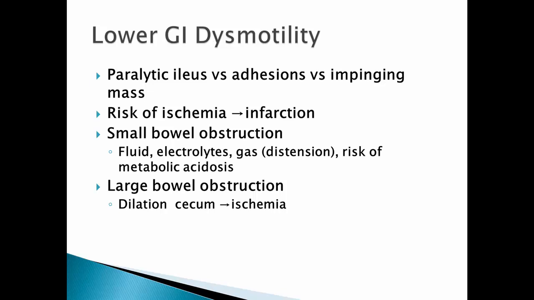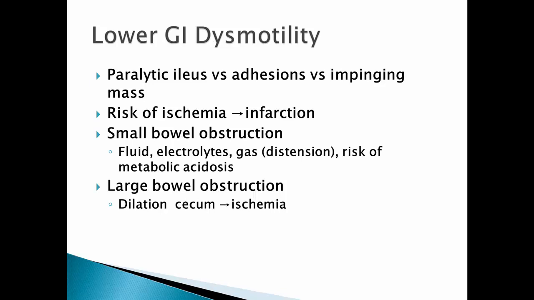Adhesions are probably the most common cause of decreased GI motility, most likely to be acute as opposed to chronic. And an adhesion means that there has been fibrous tissue that has developed and has either obstructed the lumen or has narrowed the lumen. And then last but not least, is there a mass there? We especially are concerned about this with colon masses, or it could be from a stricture of a diverticulum that